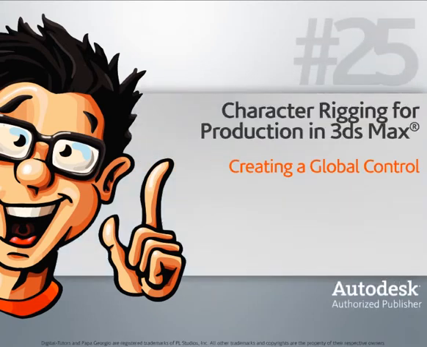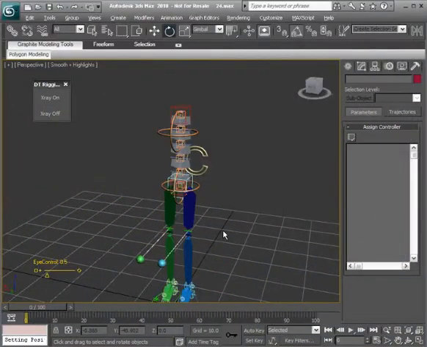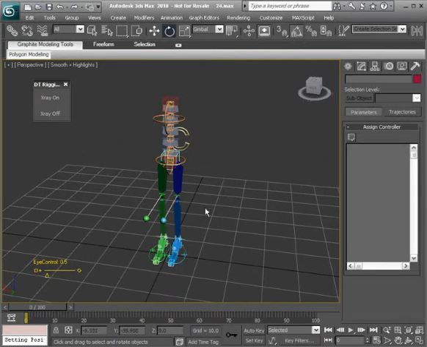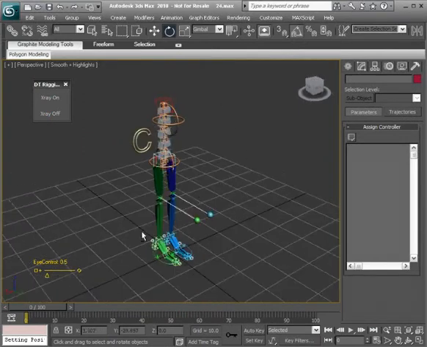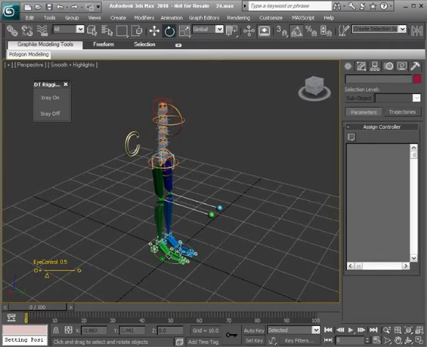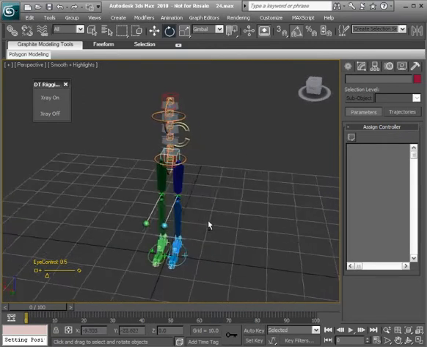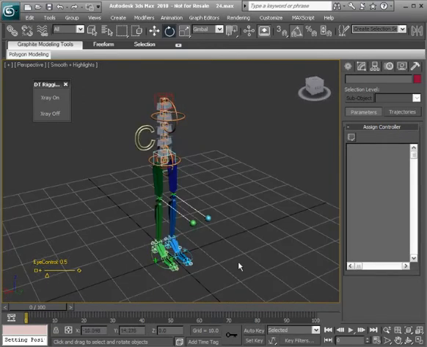In this lesson, we'll create a global control. The global control, of course, enables us to reposition the character very easily wherever he or she needs to be in the scene. We wouldn't want to select the upper body, select the feet and the arm controls and move the character over that way. So let's go ahead and create this control and tie in what we need to so that it will